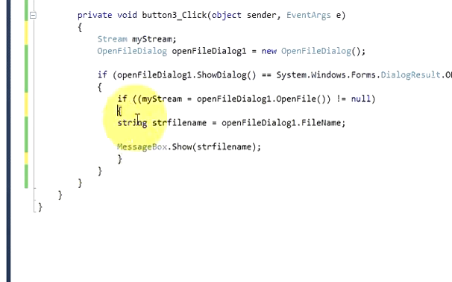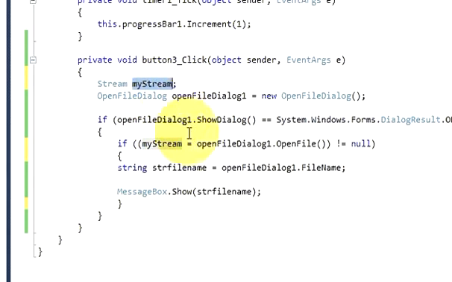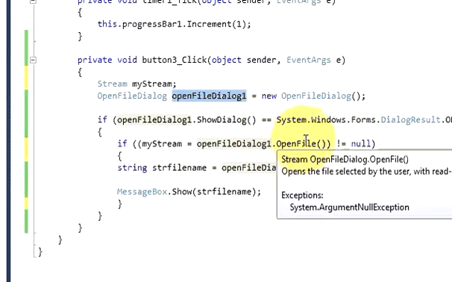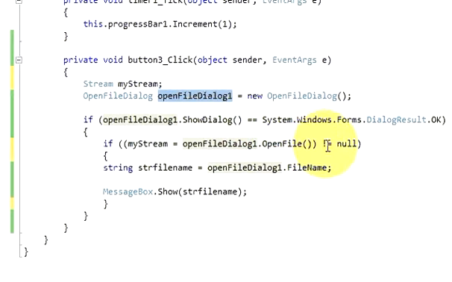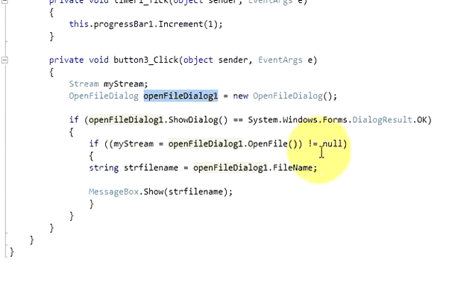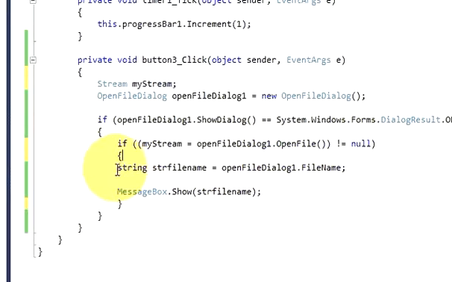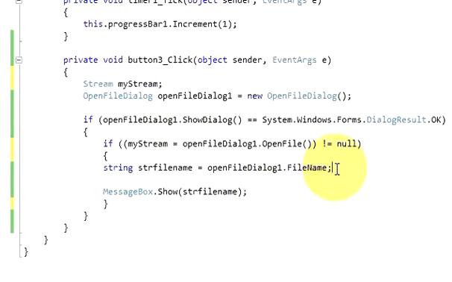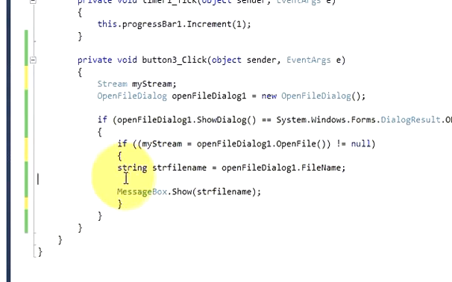So we have made an if condition. In here we have written myStream, which is this variable, is equal to openFileDialog, which is this variable, dot OpenFile() is not equal to null. Then what we are going to do is copy the path of your file into a string, and then in the next line